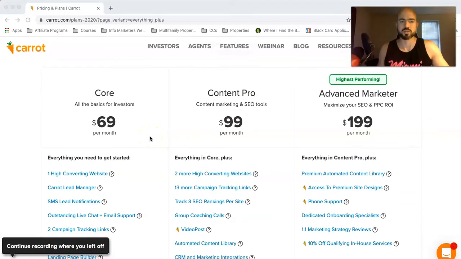You could just set up some WordPress site or some Wix website and try to do all this stuff yourself, and maybe you could save a little bit of money. But honestly, it's much better just to have someone that specializes in this, someone that can rank different keywords for you, and someone that has proven website templates where they've gotten millions of real estate leads, just to have this handled so you don't have to think about it.